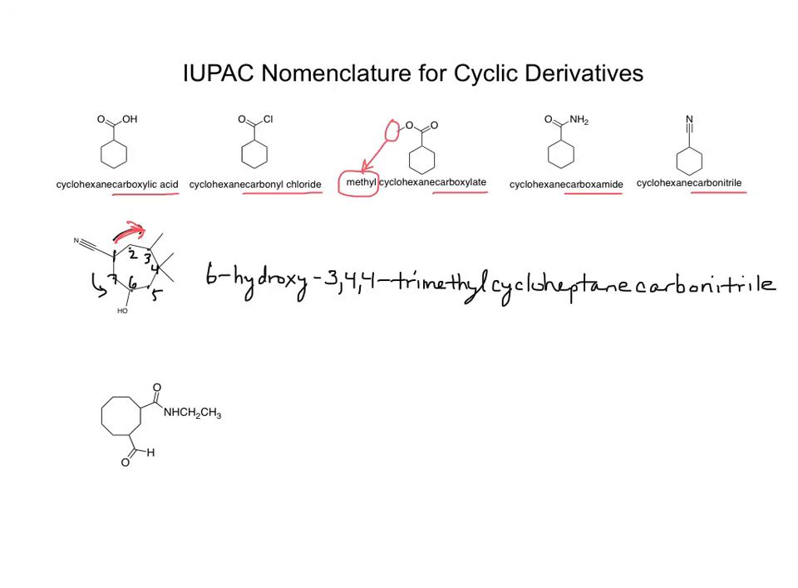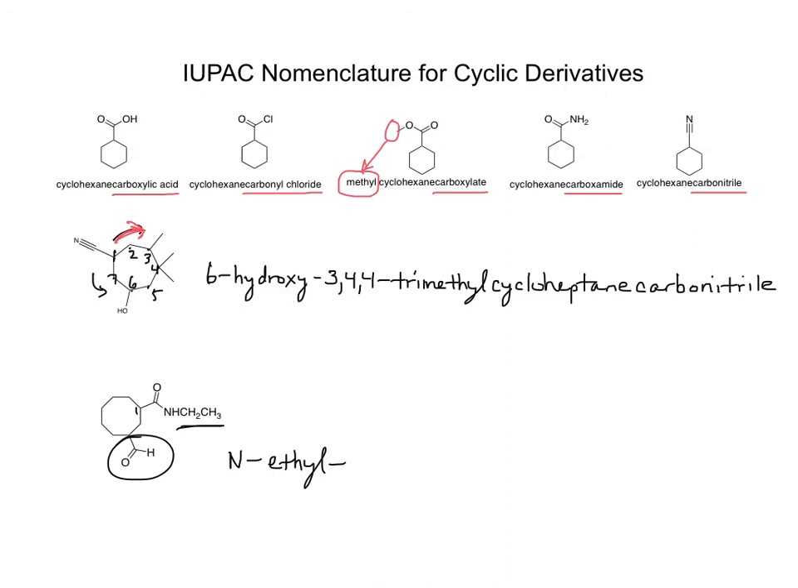All right. Now on this particular one, this is going to be a cyclooctane. It's an amide, and so it's going to have the ending carboxamide. The nitrogen is substituted with an ethyl group, so I'm going to treat that as a substituent with an N in front of it. And then I've got that guy hanging off there, which is formyl. So I have an ethyl substituent and a formyl substituent. So ethyl comes first. It's on the nitrogen, so it gets N. N-ethyl,